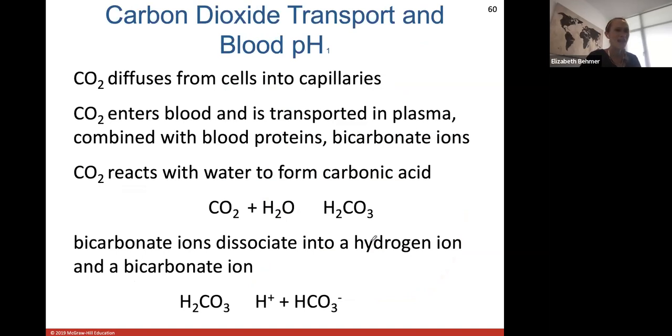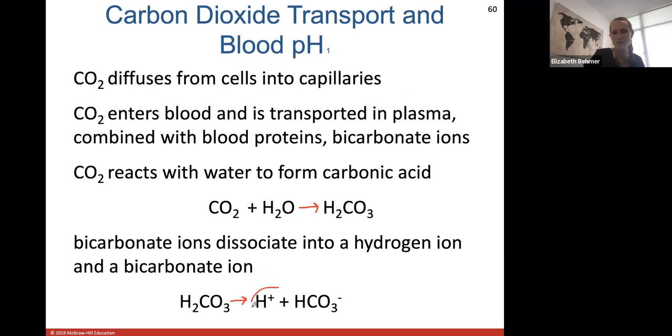So carbon dioxide and blood pH, and we'll talk just very briefly about this. Carbon dioxide always goes from your cells to your capillaries, and carbon dioxide enters your blood and is transported in your plasma with blood proteins and as a bicarbonate ion. And carbon dioxide reacts with water to form carbonic acid, and bicarbonate ions will dissociate into a hydrogen ion and